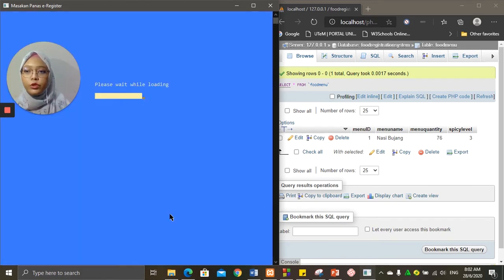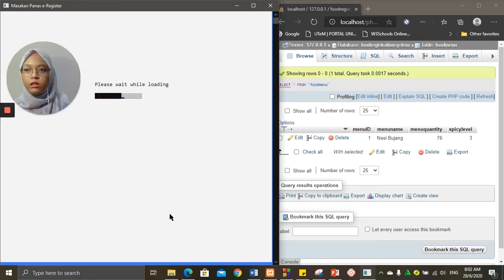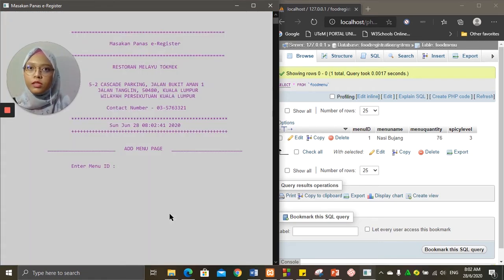This time I will show you again about add menu item, with a different menu ID. The menu ID that has existed is 1, so I can put number 2. For menu name, we will put nasi bujang also, and I will show you the error handling or value verification.